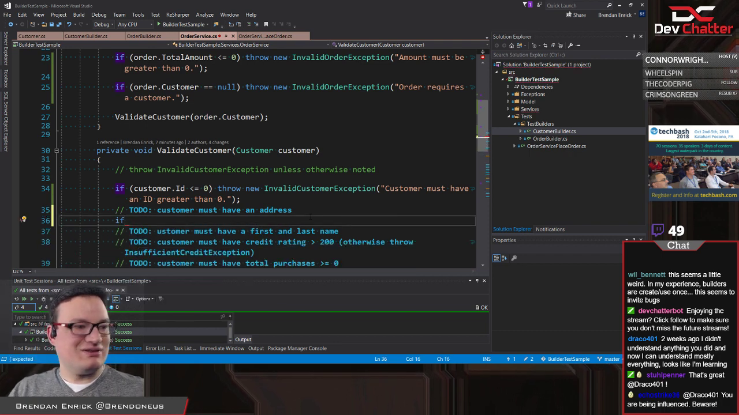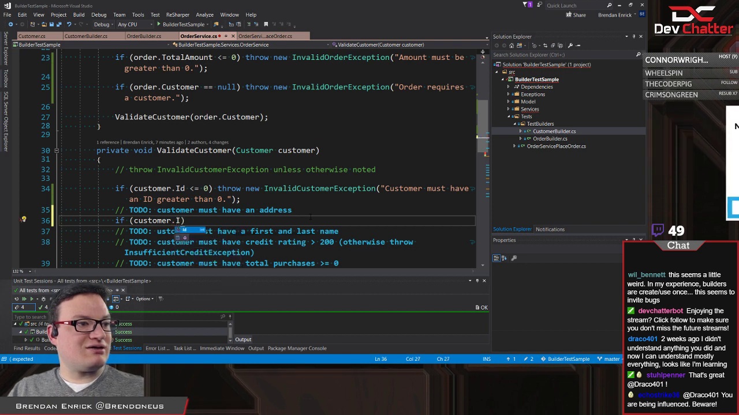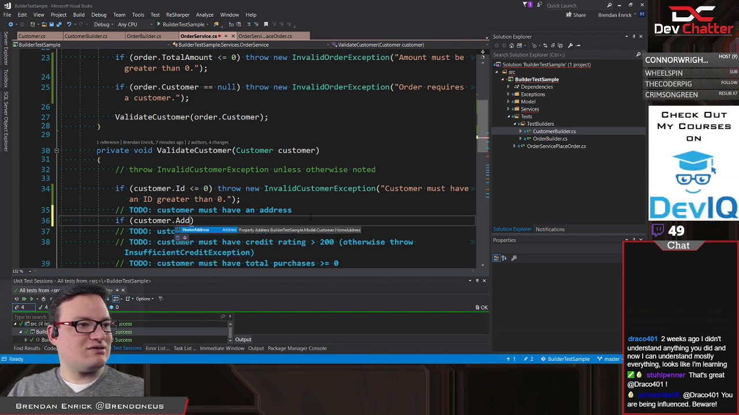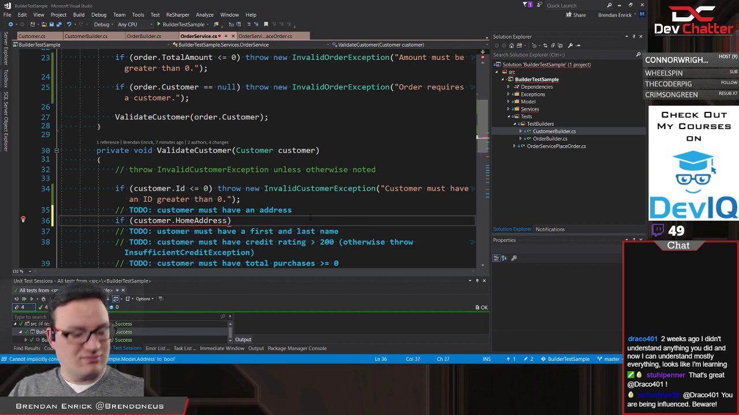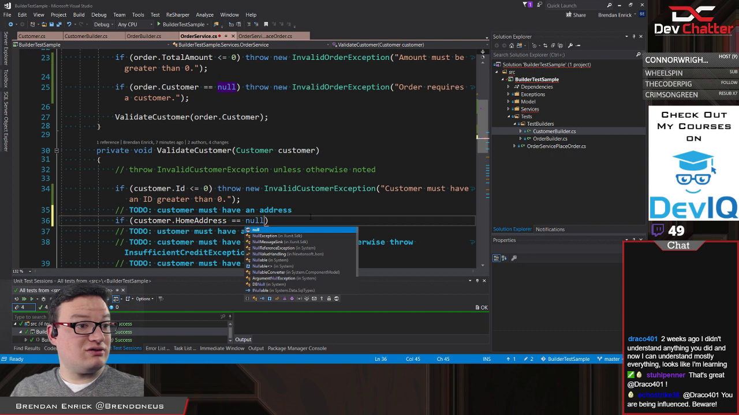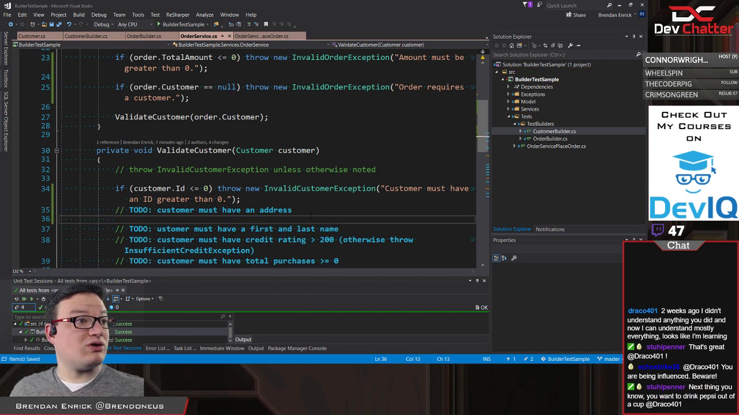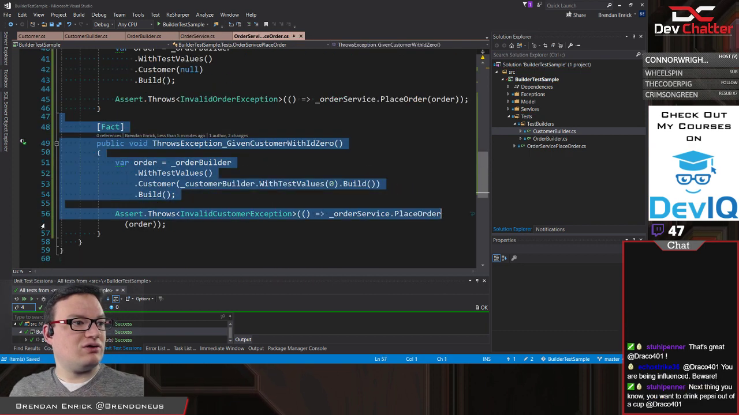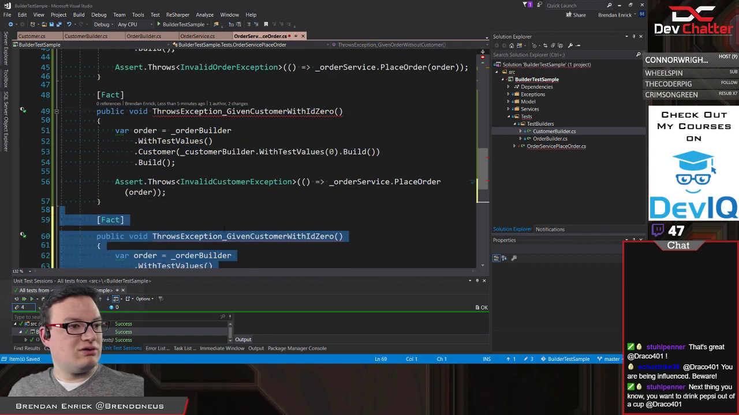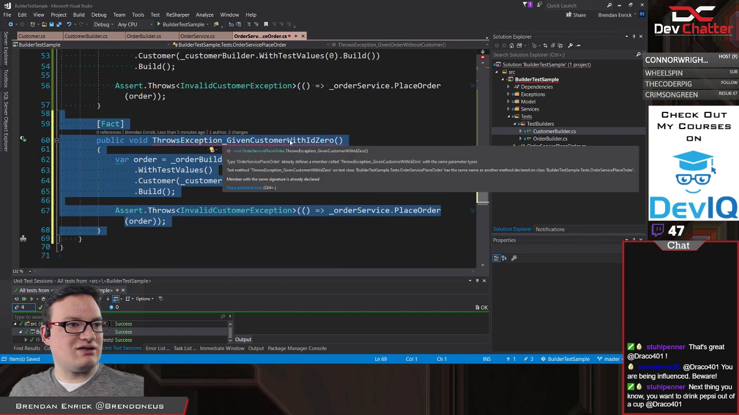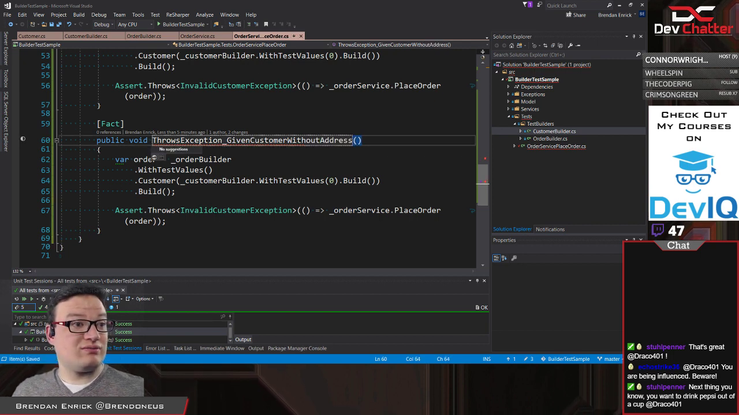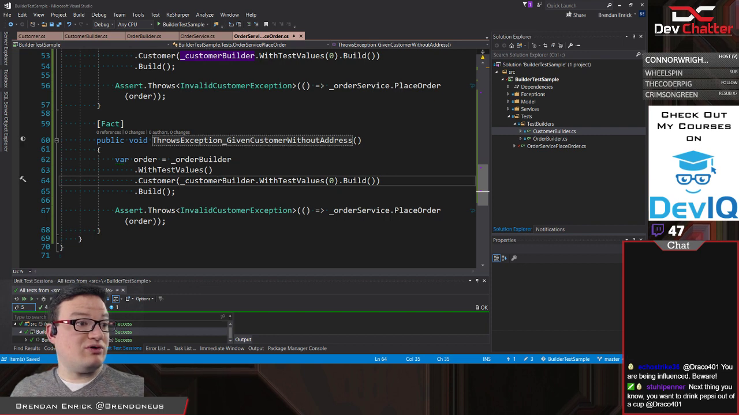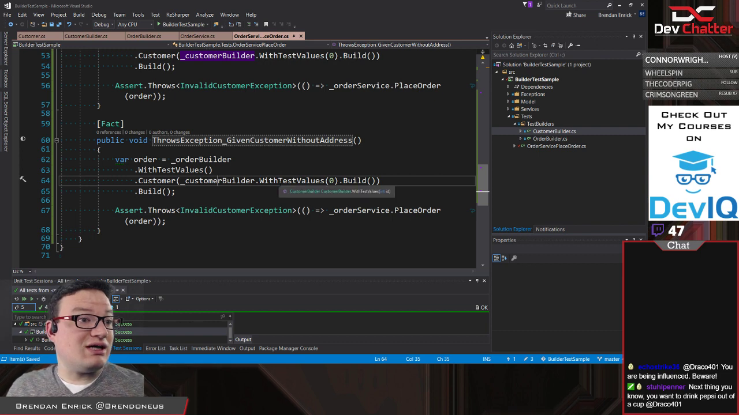Good code. Customer dot address. Is home address the only one that we have? Looks like it is. If that equals null, then we're gonna do a thing. Those exceptions given customer without address. Okay, build order throws invalid customer exception when we get a customer